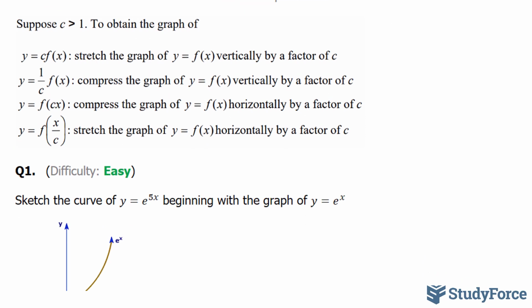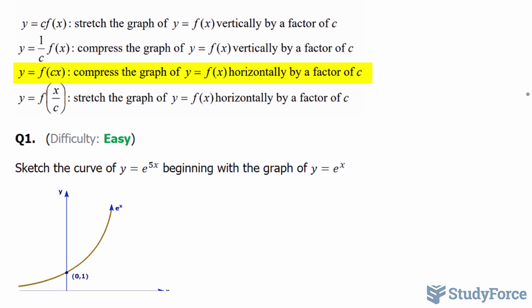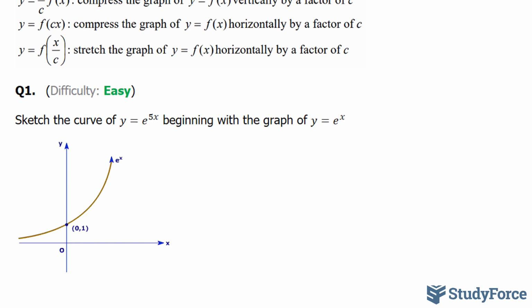And in question number 1, we'll be focusing on this one specifically. What happens when your x variable is being multiplied to a number? Notice that in our first question, they ask, sketch the curve of y is equal to e to the power of 5x, beginning with the graph y is equal to e^x. This right here represents y is equal to e^x, and notice how it passes through the y-axis at (0, 1). So to do this effectively, you'll notice that this x is being multiplied to the 5, and